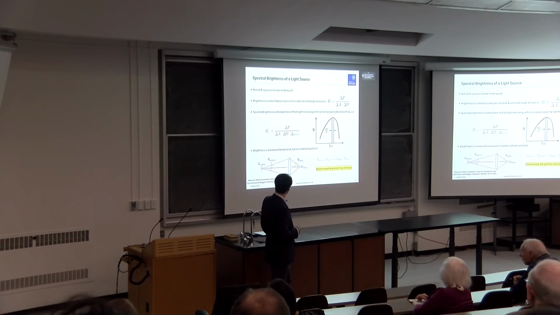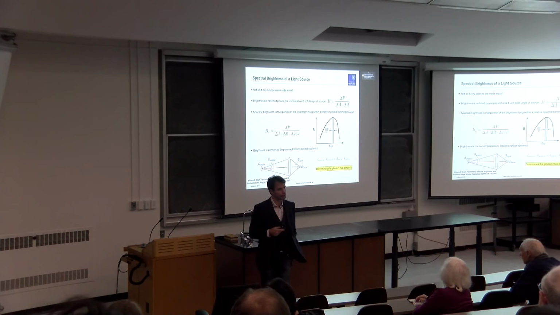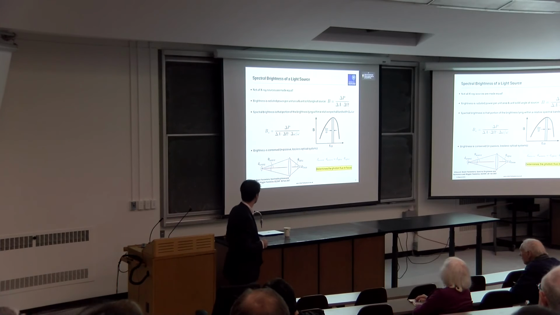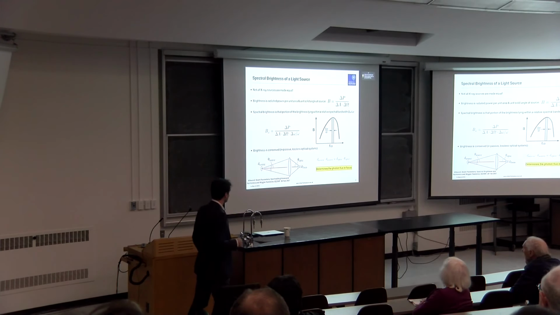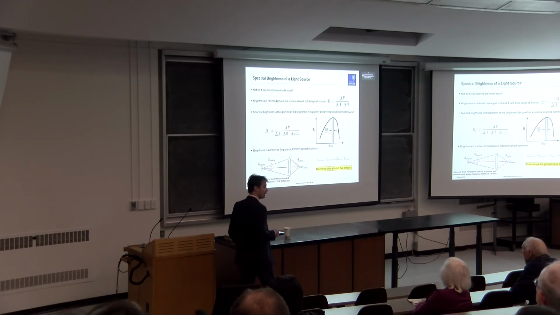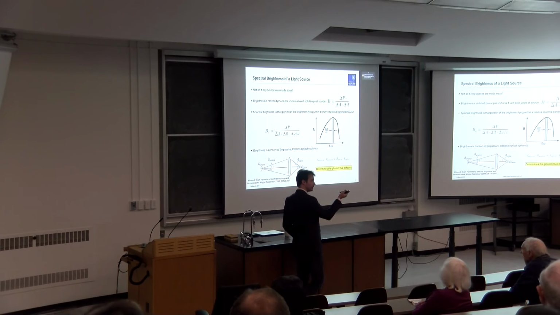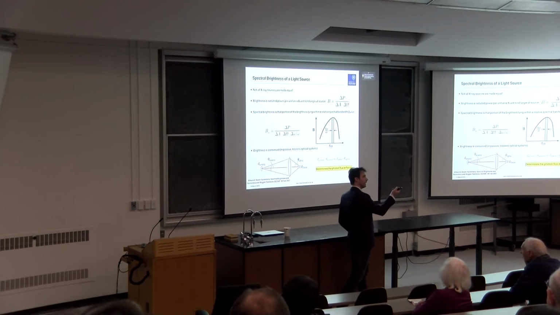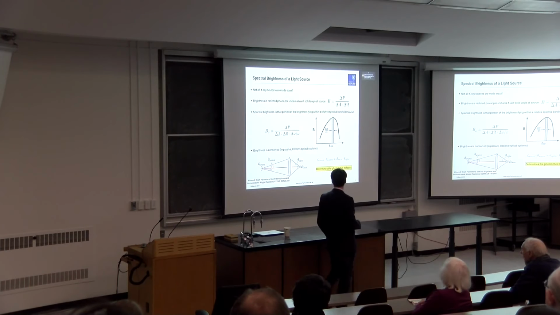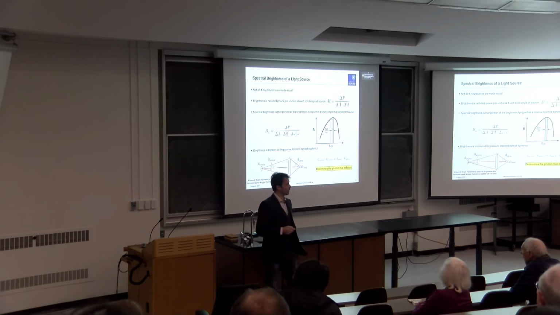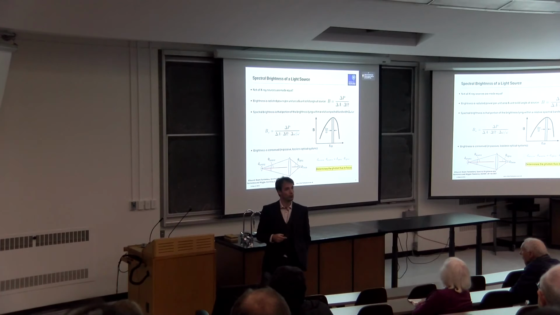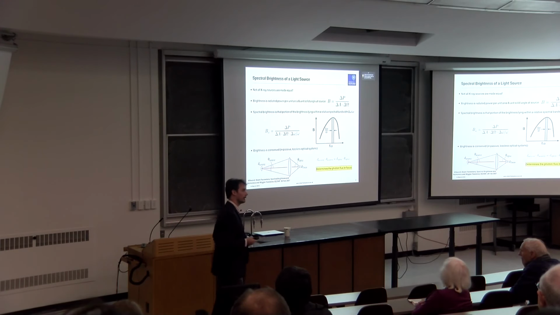So what is brightness? Well, it's effectively the radiated power per unit everything, pretty much. That's what you want, right? So per unit area of the source, solid angle, and so on. The spectral brightness also divides it by the bandwidth. So it's the power of the photons that you have within a specific bandwidth. And then the peak spectral brightness is, of course, for a pulsed source, you only divide by the pulse length, right?